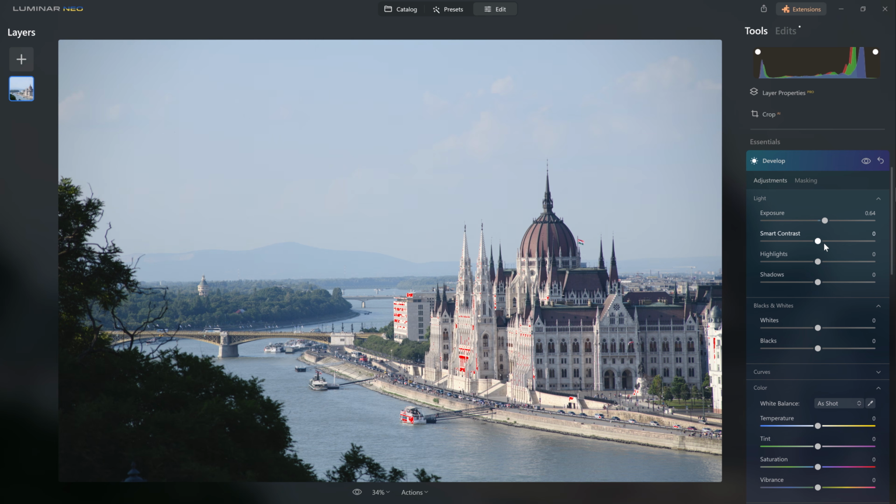Now, I wouldn't recommend that you dive in and start making changes to Smart Contrast yet. I would actually leave that until you've made some other adjustments that I'm going to show you now. I would recommend you grab your highlights and actually control those. Usually, I find that taking my highlights to the left and bringing that down just helps to control the bright pixels in the